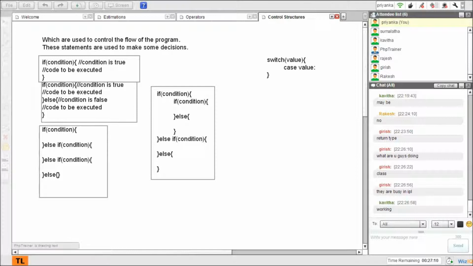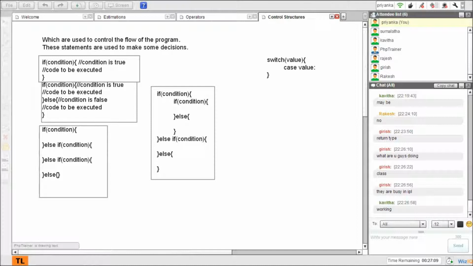Case value: if the value matches that value. Let's say I'll say variable instead. So if that variable matches this value, then execute this code.